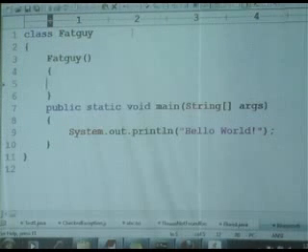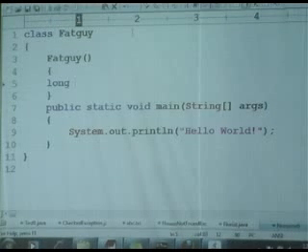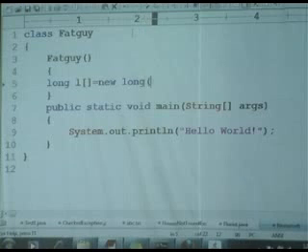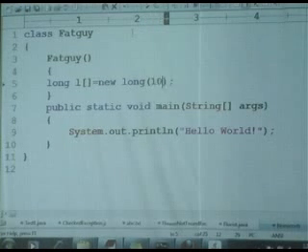Now in the constructor, what is happening? I am going to create an array of long, L equal to new long. How many elements do you want? Give 10,000.